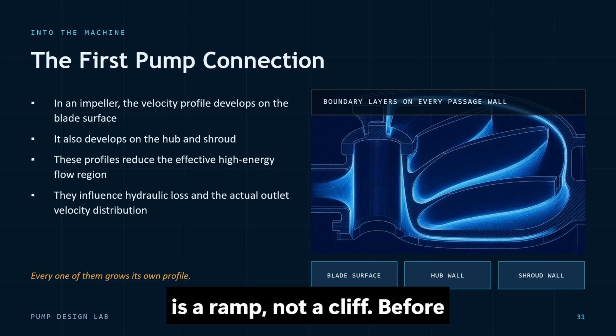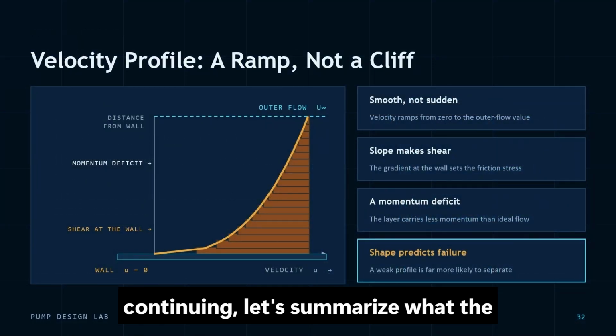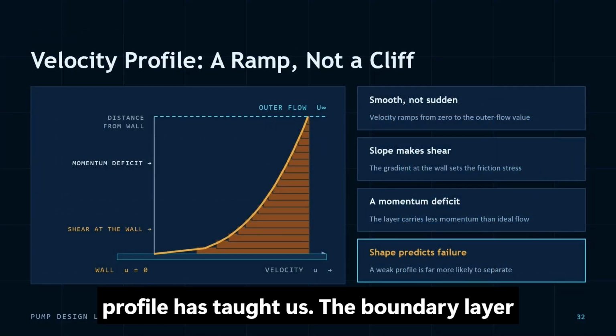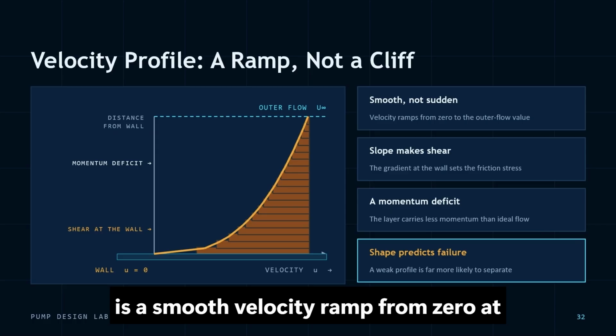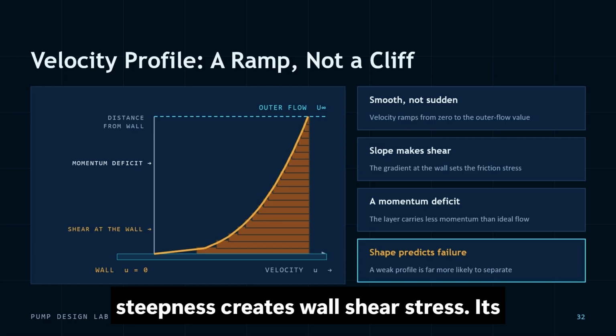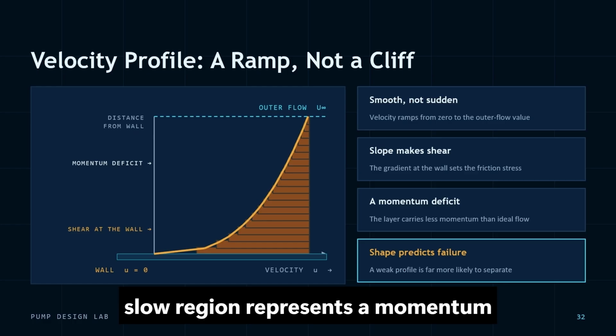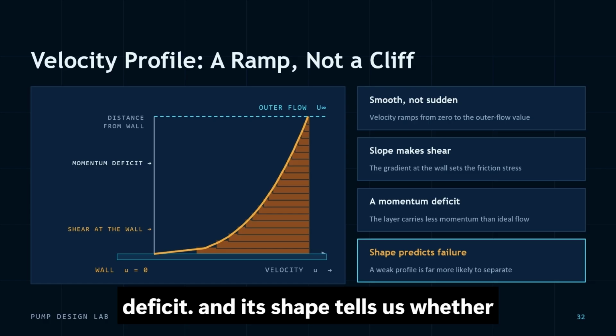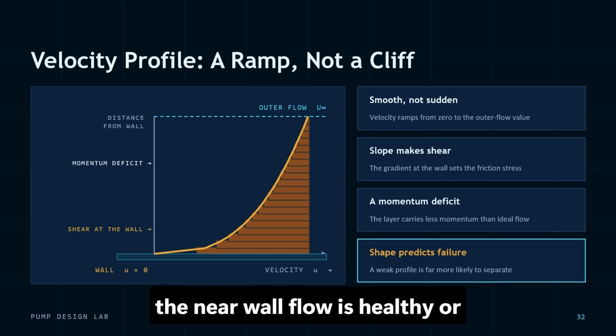Velocity profile is a ramp, not a cliff. Before continuing, let's summarize what the profile has taught us. The boundary layer is a smooth velocity ramp from zero at the wall to the outer flow velocity. Its steepness creates wall shear stress. Its slow region represents a momentum deficit, and its shape tells us whether the near wall flow is healthy or